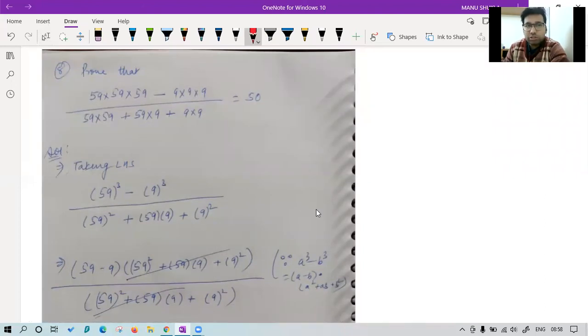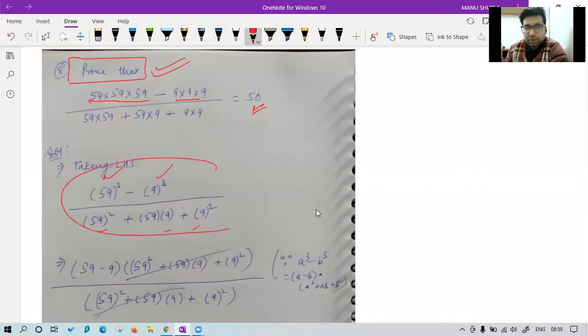Now, question number 8. How many of you thought this question is tough? Please confirm. Did you get this question in the first go? Were you able to understand how it will be solved in the first time only, just by looking? Good, Utkarsh. Yes, it was a little tricky because some may be thinking that we have to solve this complete thing to get the answer. But if we apply the formulas of exponents and powers, we can write this as 59 whole cube, 9 cube, and